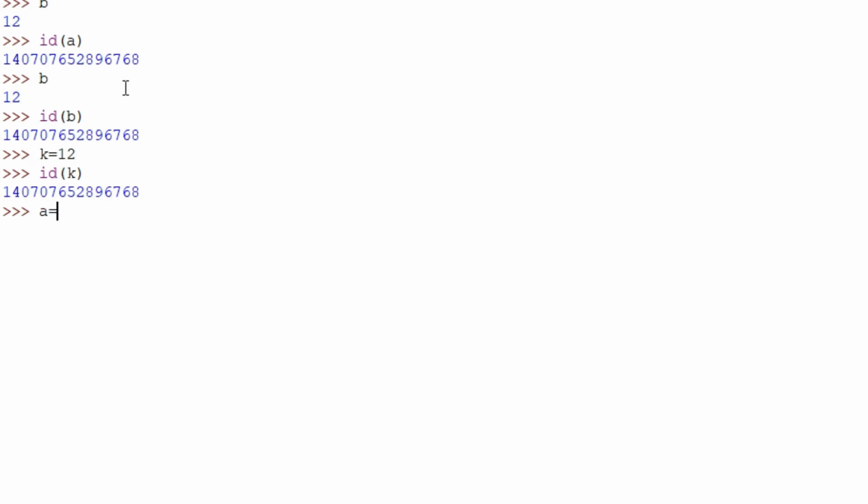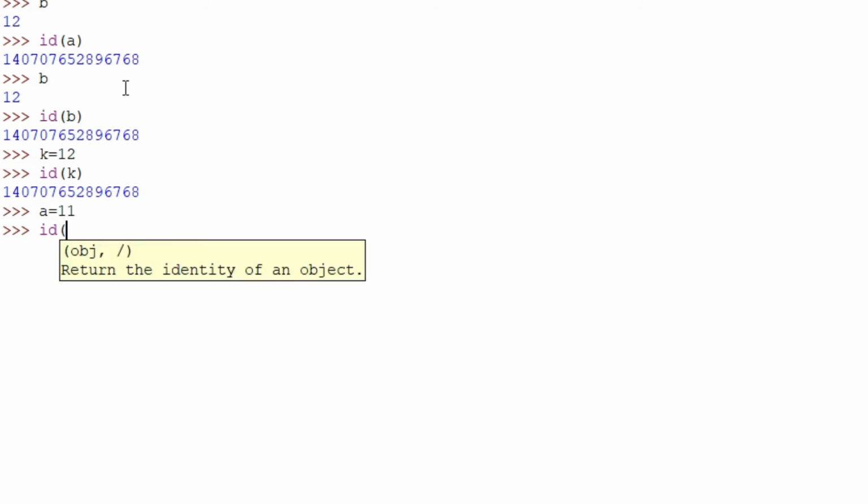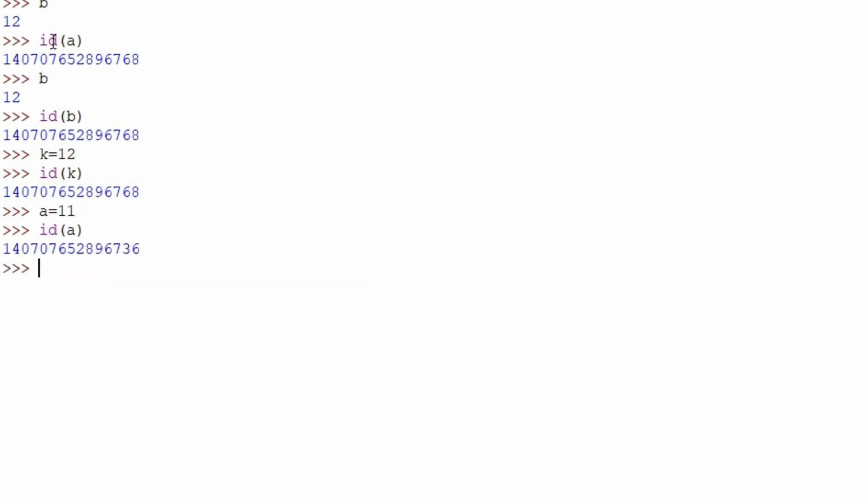Suppose I assign another value to a. If I want to know its id, you can clearly notice that a previously had a certain id, but when I assign a new value, it points to a different object.